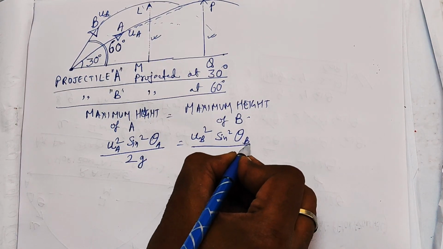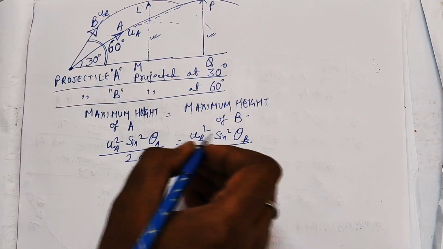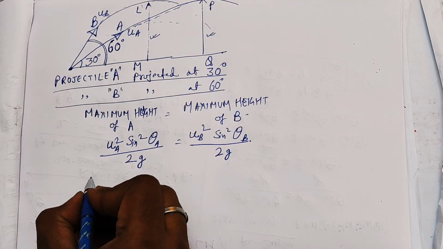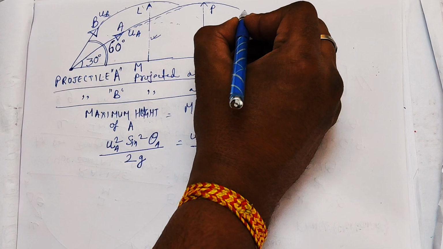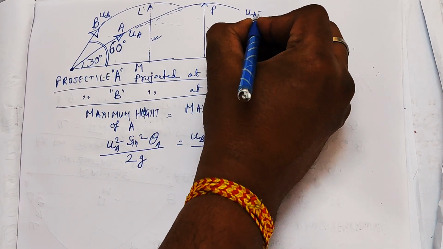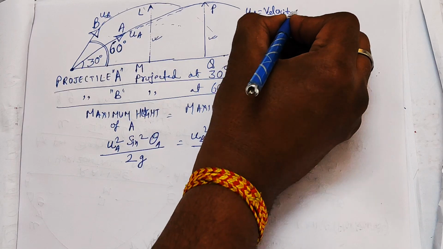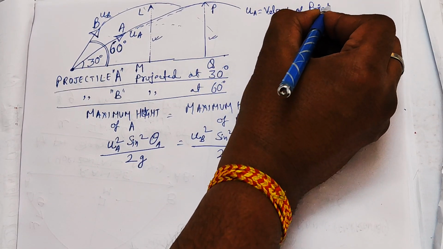Then as per the formula of maximum height, both are the same. So I am writing over here, uA² sin² theta A by 2g is equal to uB² sin² theta B by 2g,